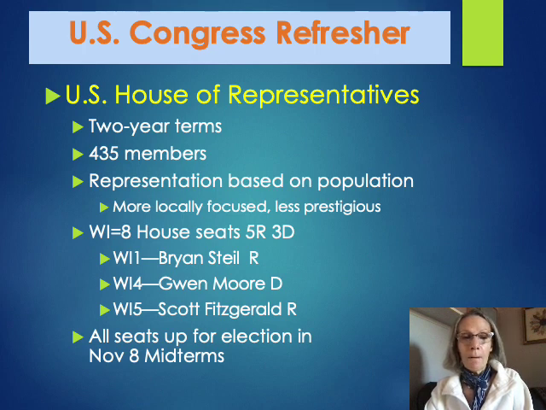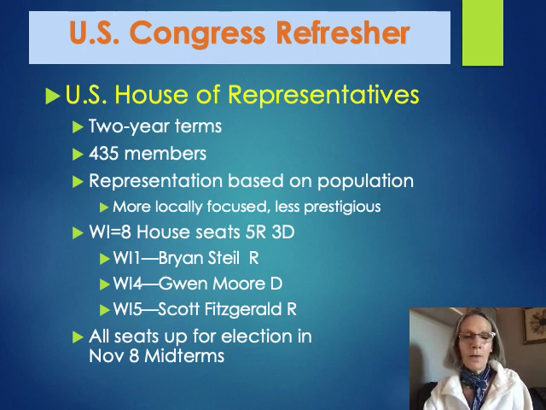If you live in Waukesha, chances are you live in the Wisconsin 5th Congressional District, and that would be true if you live in West Bend as well. If you live in those areas, your representative is likely Scott Fitzgerald, who's a Republican. If you live south of Waukesha, towards Kenosha, it's possible that you live in the Wisconsin 1st Congressional District and your representative would be Brian Steil.